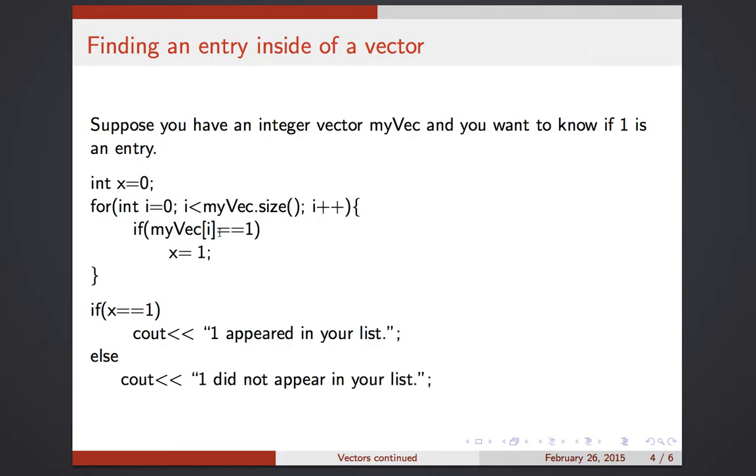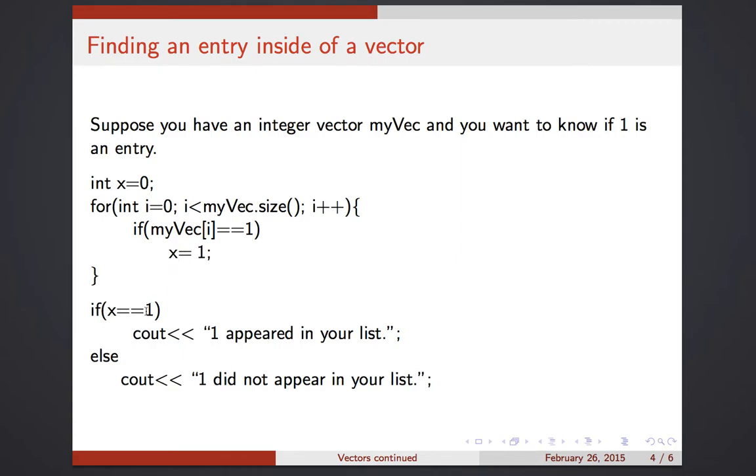If we ever find a 1, if my vec at some position is 1, then we change the value of x. And it doesn't matter what you change the value to. You could change the value of x from 0 to 35. It doesn't matter. What matters is that you change the value to something, and then once the loop is done, whatever that value is,